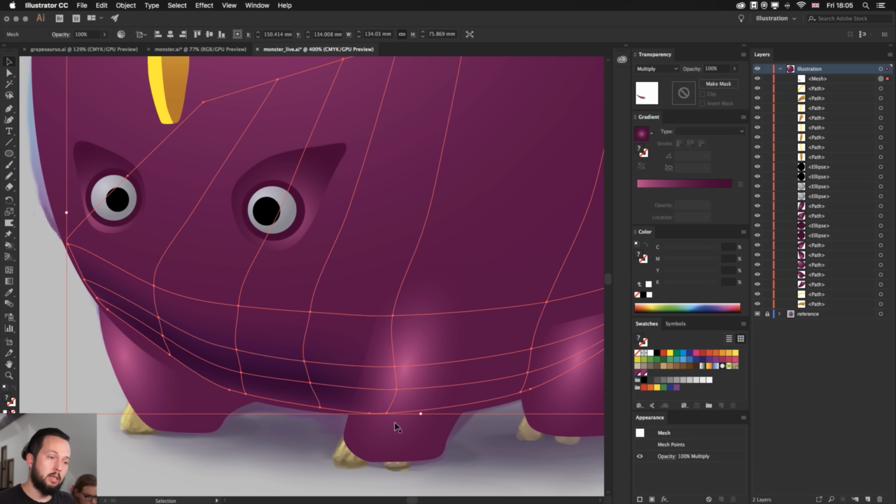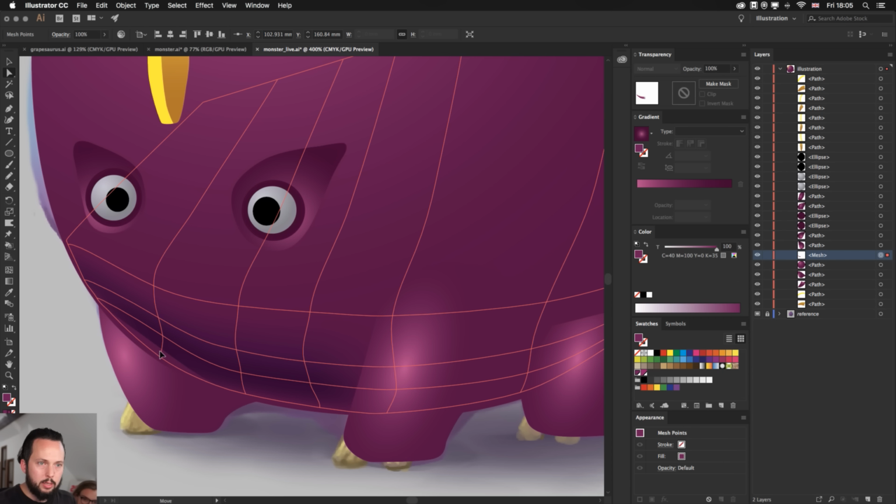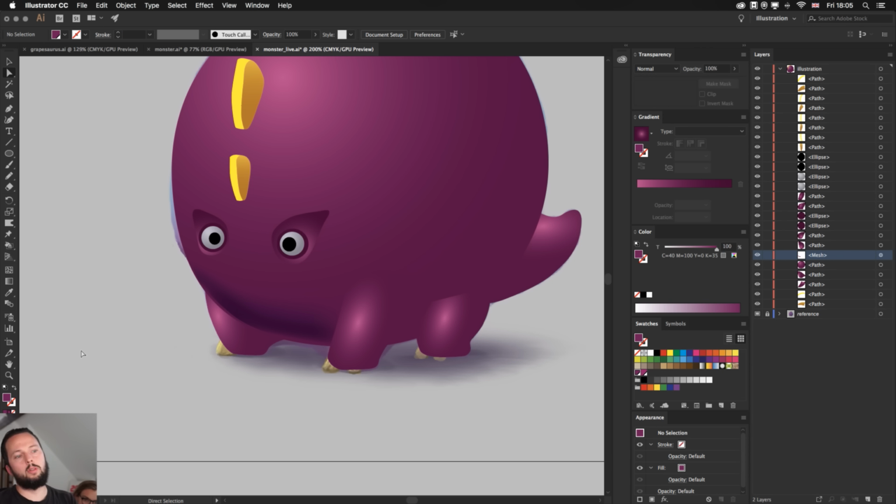You don't want the leg to be in front, you want this to be behind. So I'm just going to drag it down quickly there. It's a bit too far. It has to be above the body, but behind the leg. So now it looks much better already. So once again, these points can be moved out a little bit further, and then it's closer to that detail.